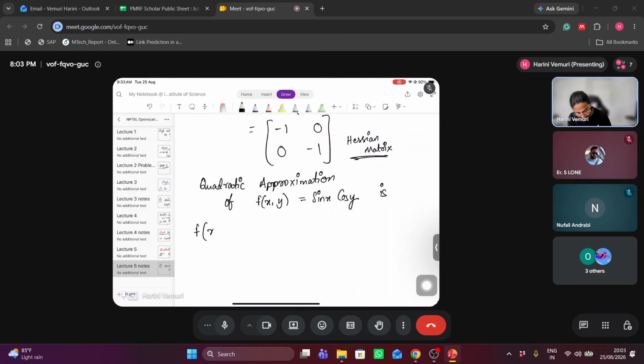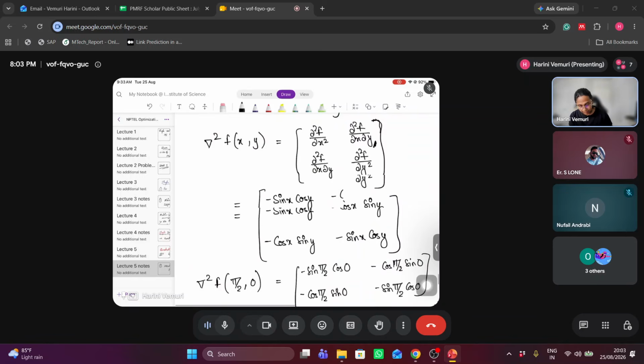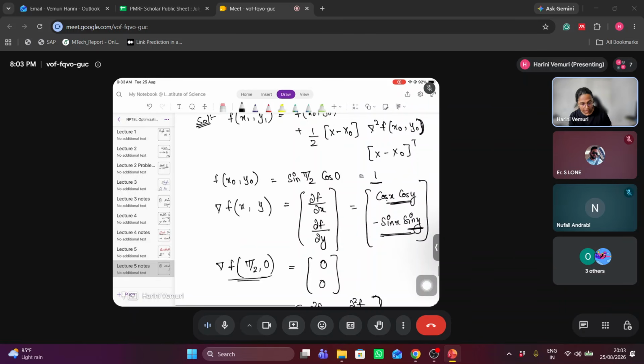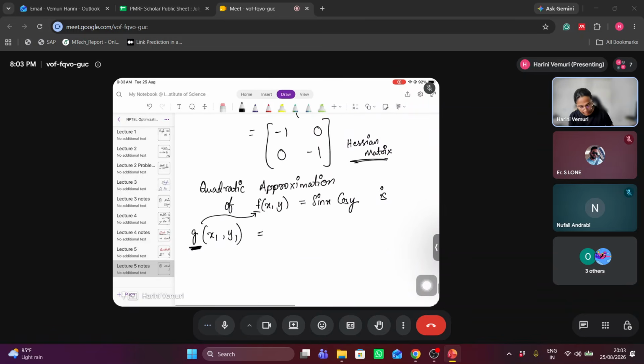If you are confused about using the same f here and here, you can take g also. It's just the quadratic approximation for this, right? If you don't want to get confused, you can just replace the function name, because otherwise you might get confused with f and f. So it's equal to f of x naught comma y naught, which is 1. So it's 1 plus, then we have